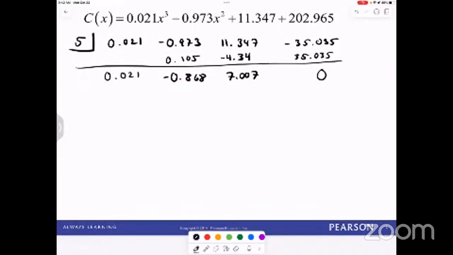Okay. Now we could use a quadratic function at this point because now we're at a degree 2 polynomial. Let's do synthetic division again with 5 to see if we get a 0 remainder. No, let's just do the quadratic formula. I think that's the simplest way to go about this. Right? So quadratic formula,